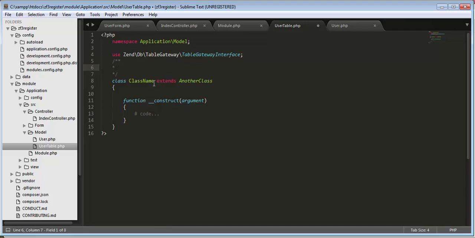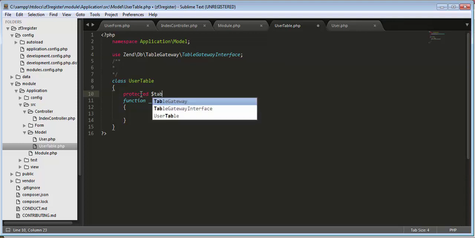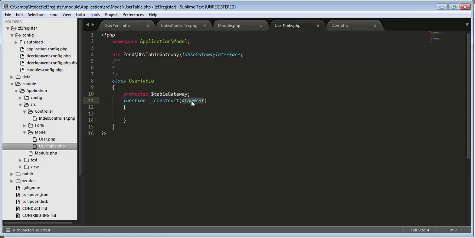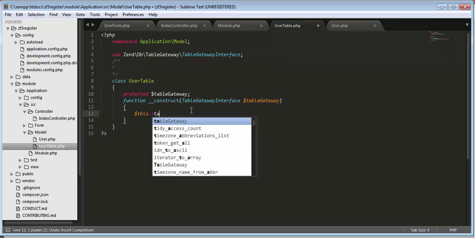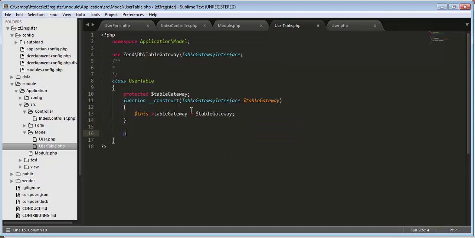Okay, so now let's come to our user.php. Okay, and here php tag, okay, and then namespace Application Model, okay, and then we will create a class of, okay, User, and then protected id, okay, I'll just copy this, okay, and put it here id, and then second one is username,